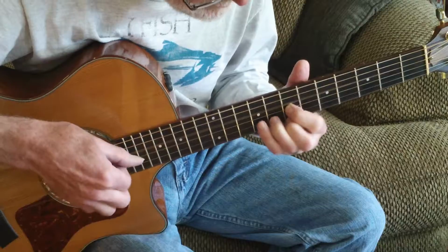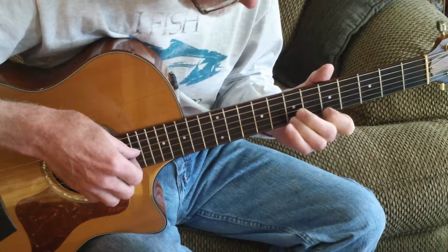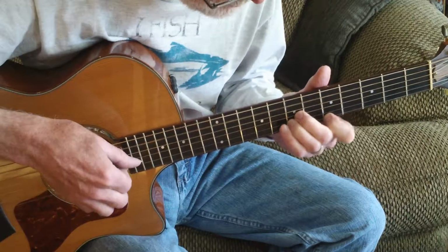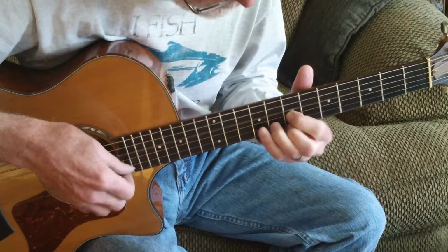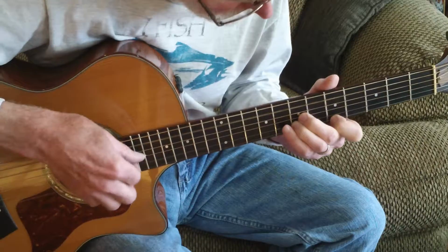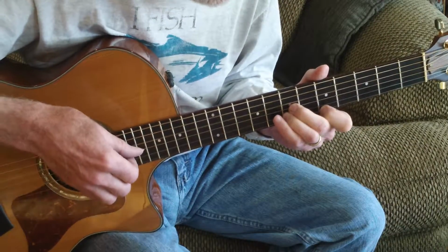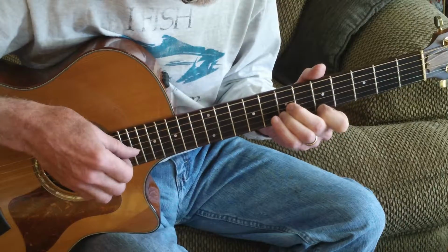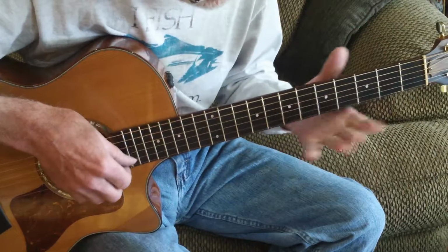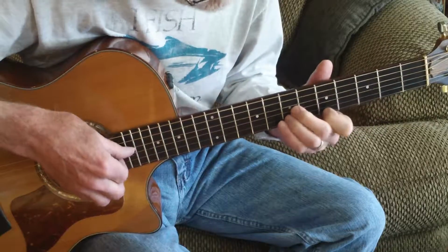So G, drop back into that D chord, and just to change the bass around, I like to drop down to the 5th string when I'm there on that D chord. So 4th string bass on this G that looks like a D chord, and 5th string bass. And as you're changing, if you need a note to just kind of fill in while you're changing, you can hit the open 1st string or open 2nd string, and then